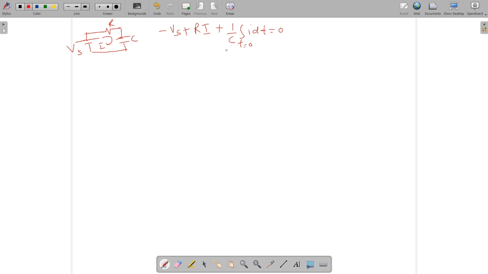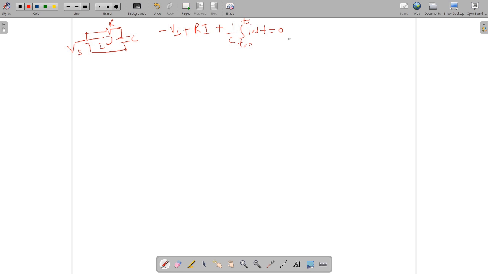So we are taking the lower limit as t equal to 0 and the upper limit will be any time t, that is after 2 hours, after 3 hours, after 4 hours. If you want to estimate the behavior of the system, then you have to write this equation: minus Vs plus Ri plus 1 by C integration from t equal to 0 to